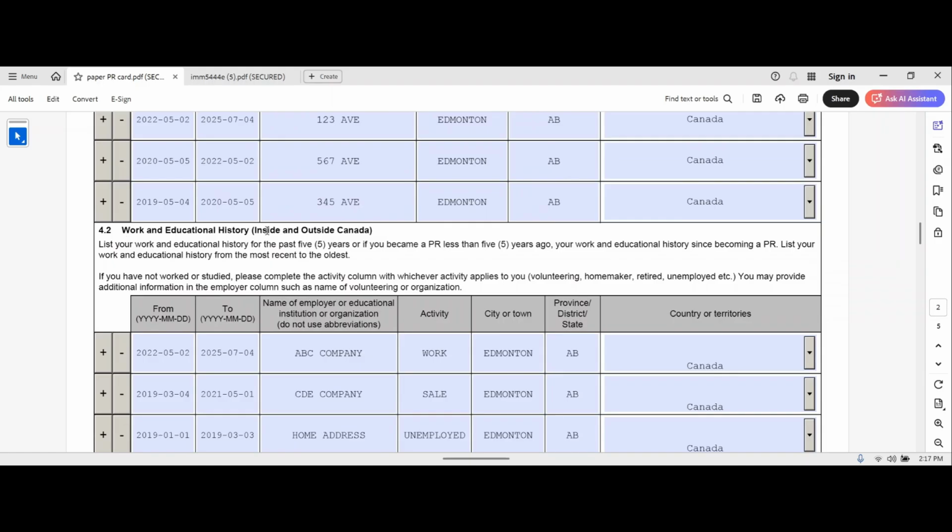Work and educational history inside and outside of Canada. List your work and educational history for the past 5 years. If you became a PR less than 5 years ago, your work and educational history since becoming a PR. List your work and educational history from the most recent to oldest. And if you have not worked or studied, please complete the activity column with whichever activity applies: volunteer, homemaker, retired, unemployed. You may provide additional information in employer columns such as name of